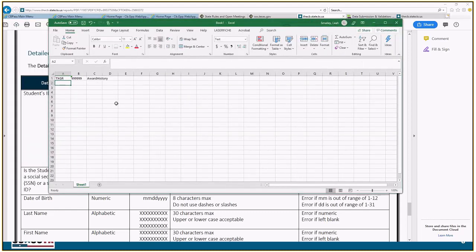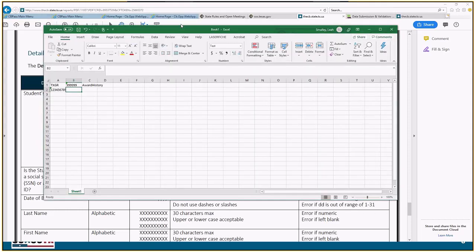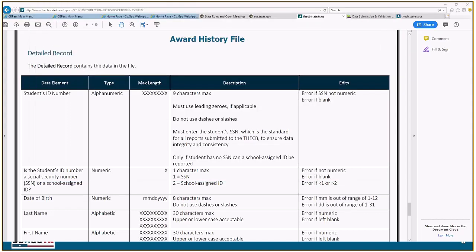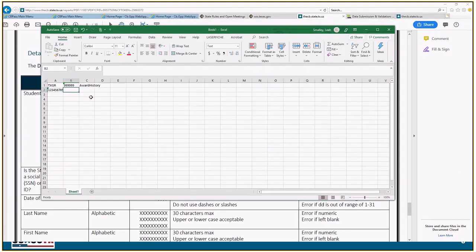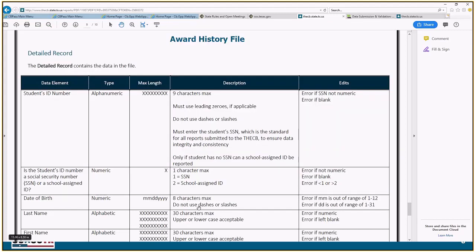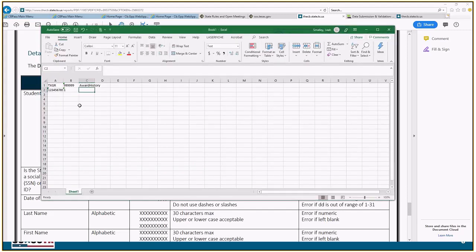For this purpose, I'm just going to make these up. Then the second column asks, is it a social or is it a school ID? You'll notice it says, is it a 1 or a 2? This one is a social, so I'm going to put a 1. I go to the next cell. It's asking me their date of birth. So this one, I'm going to do